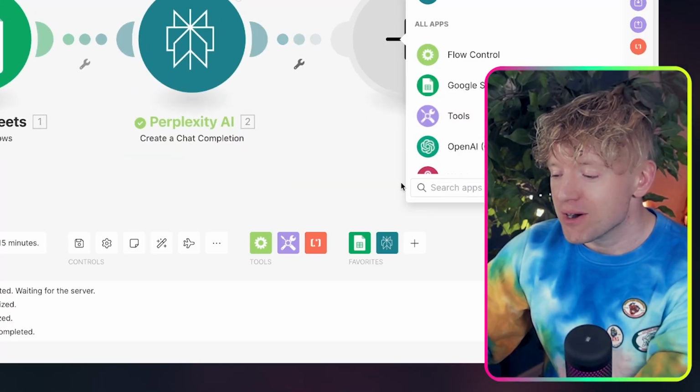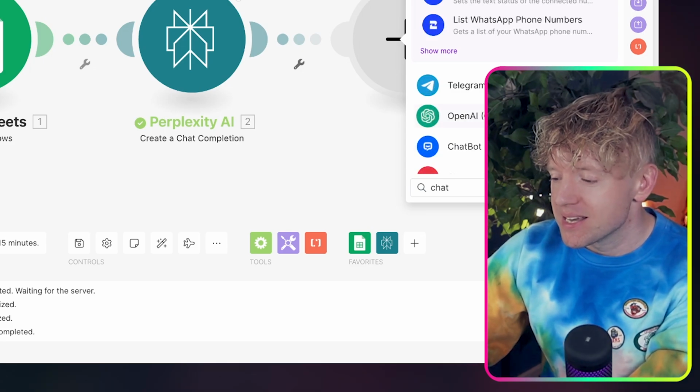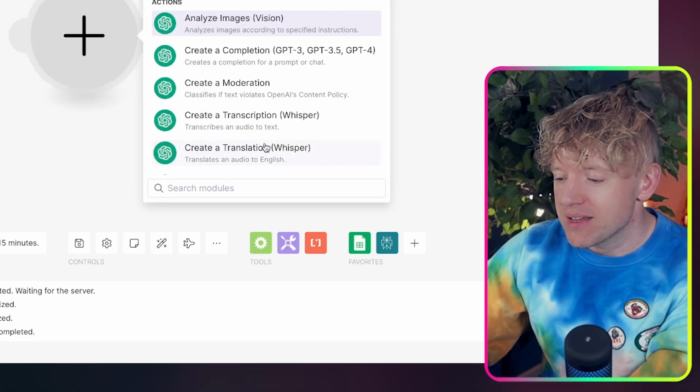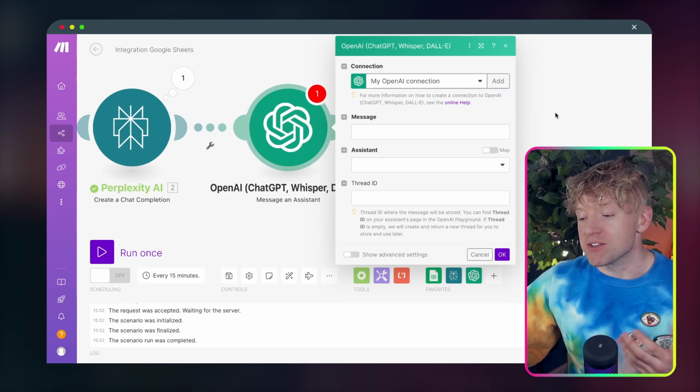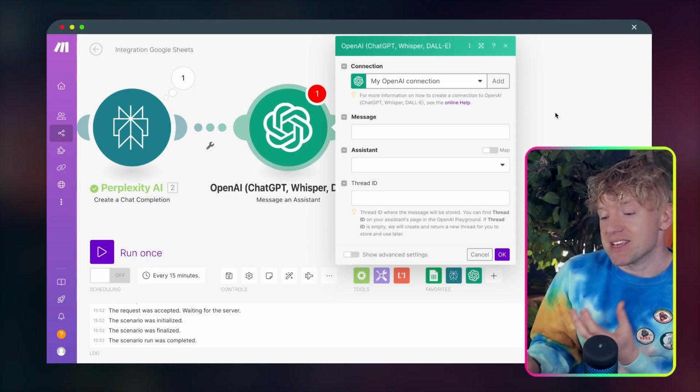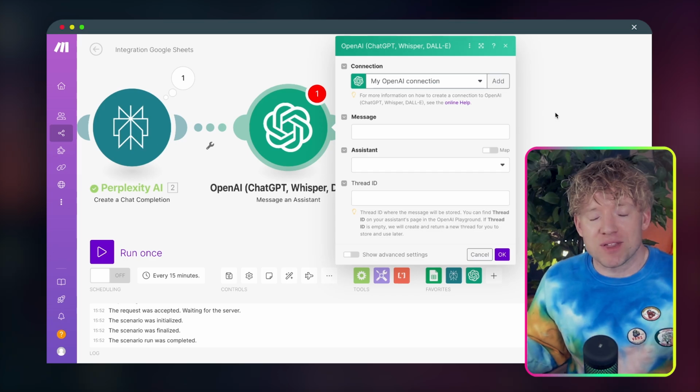So we're gonna click on add a new module, come down to ChatGPT. Excellent, come across over here, and we're looking for message and assistant. Perfect, and now we need to build our agent. So the purpose of this agent essentially is to take the transcript and turn it into something amazing like a